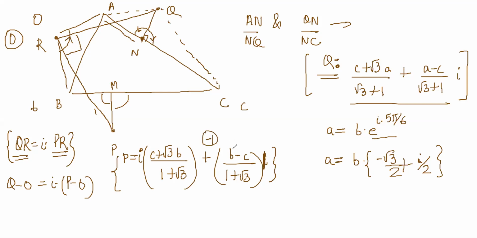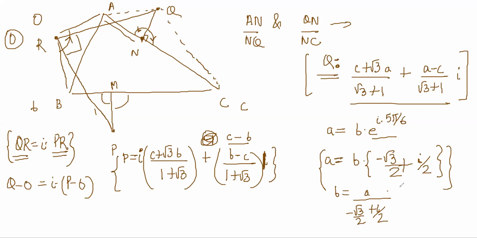So it becomes C minus B, and i times this. Now all you have to do is somehow get the connection between A and B here. So you have to get A minus C and all here. So instead of C minus B, B you have to write. So B is equal to A by (minus root 3 by 2 plus i by 2). So you have to substitute for B and then check. I don't know what to check, but you can check it. It is how do you substitute properly?